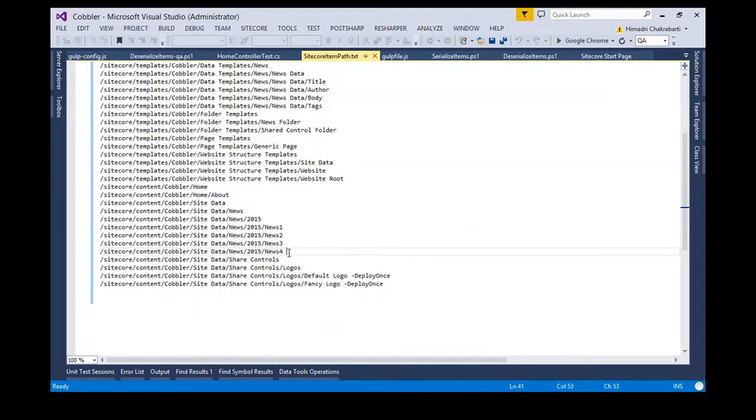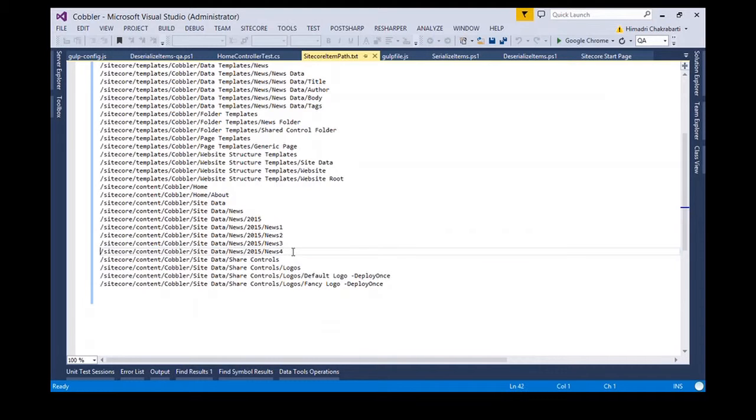This file will tell my process what items are there that I want to serialize or deserialize. Okay. In TDS also, we do not get everything in our project, right? Content, we usually will not get the content. The content editor is going to create the content. We get only the items that we need as a programmer to work on. Okay. So this file defines that,